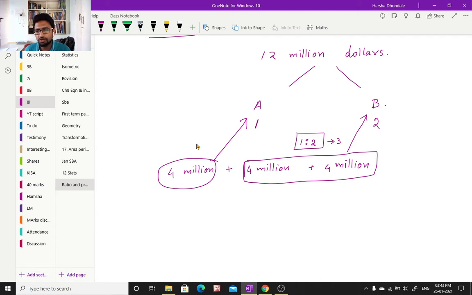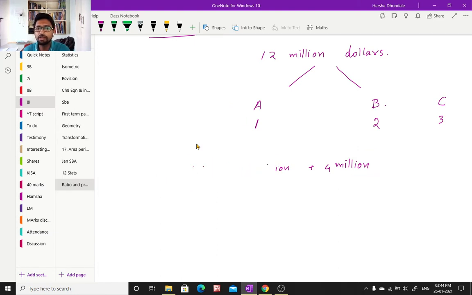and it's all about dividing some amount into two parts, three parts. Or let us say I have three people in my company and they have done extraordinary work and I want to give them some kind of extraordinary bonus, and the ratio can be 1:2:3. Let us say C has done three times more work compared to A. Then if I give one part to A, I give two parts to B and three parts to C.